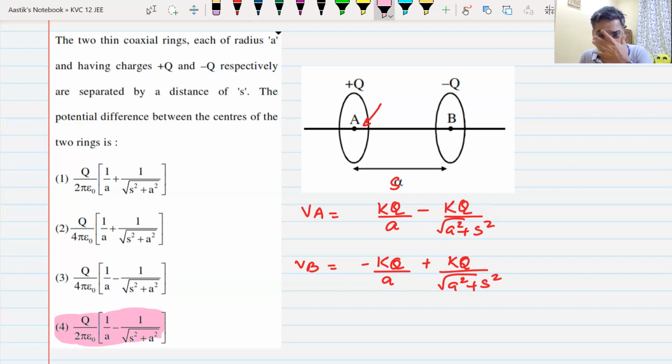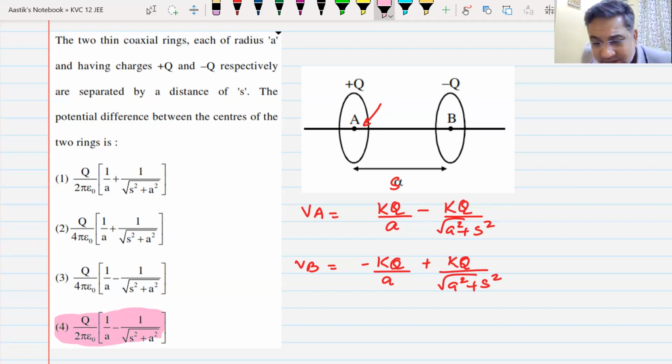Now remember, this might not be the only question. They could put a charge and ask you what is the work done. You know how to do this. They could put a charge and ask you what is the kinetic energy of the charge. You also know that part. Yes or no? We understand this? Do we understand how this is done? Okay, so this was how we find out